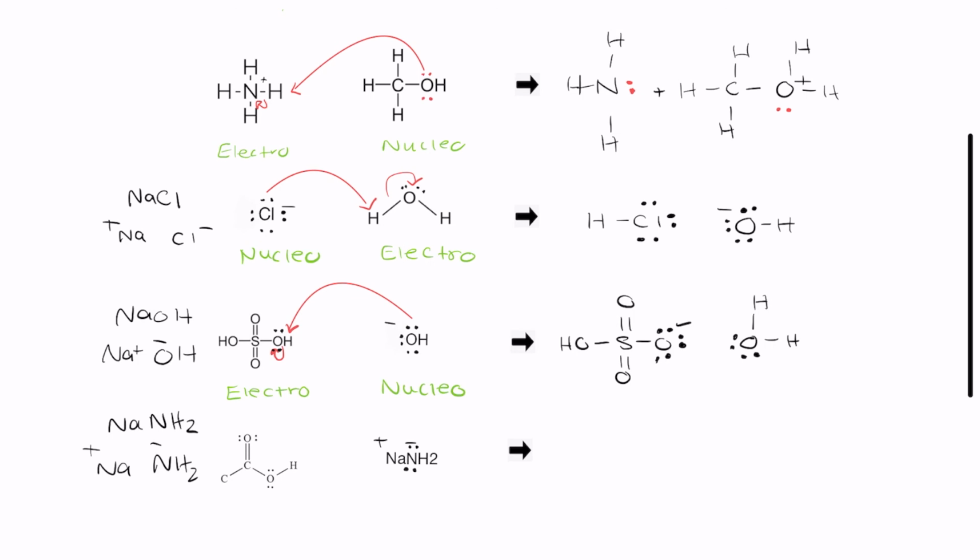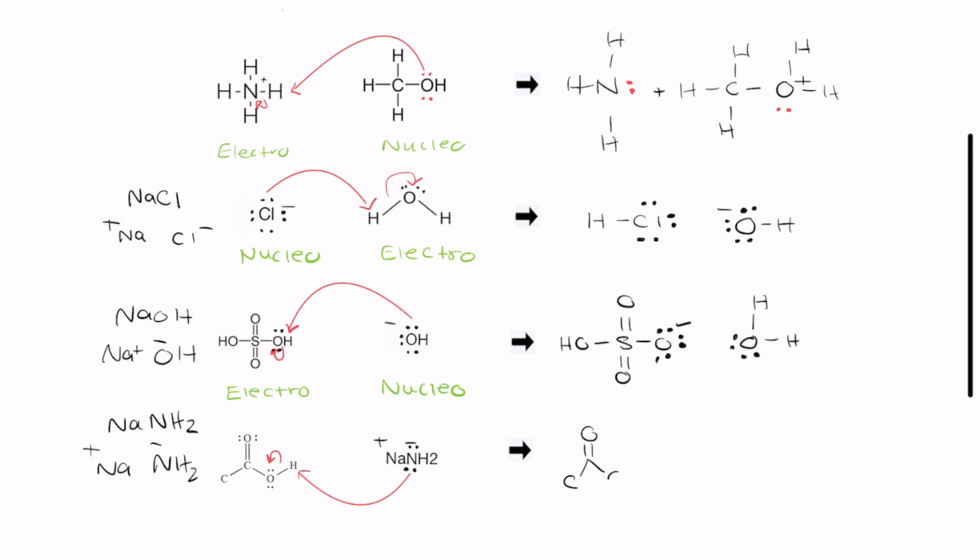NH2 is going to say, hey, carboxylic acid, I really like your hydrogen. I'm going to trade you one of my lone pairs in exchange for your hydrogen. And so we can draw an arrow going from the lone pair over to the hydrogen, and then an arrow showing that the bond is breaking and the lone pair is going onto that oxygen there. So now what do our final products look like? So we have carboxylic acid